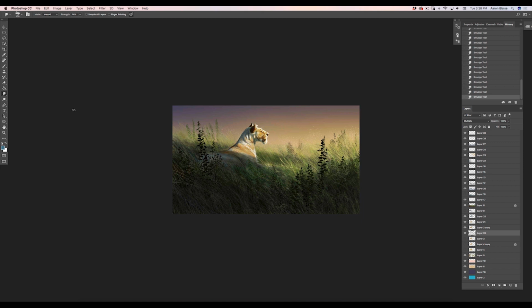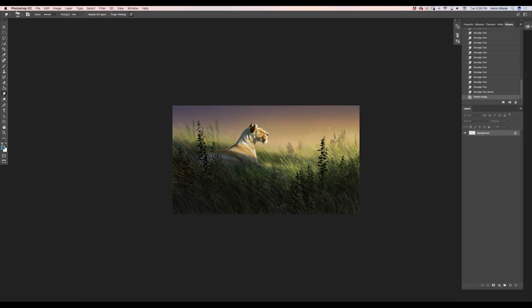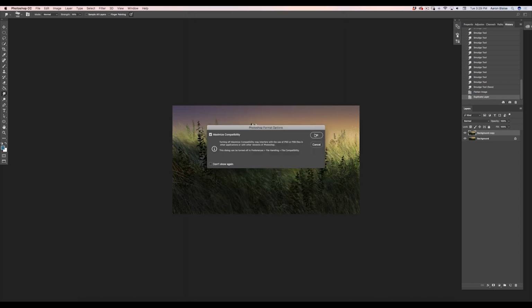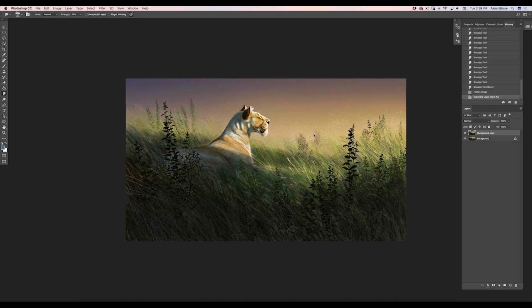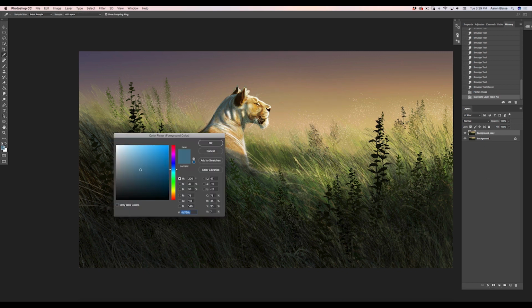I'm going to go ahead and save this, and I'm going to just flatten everything. So I've got it all down to one layer. And before I do anything else, I like to save as the demo flat. So now I've got it saved as a separate file, and the other one is still preserved. So I want to go in, I've copied the background, and I want to get nice warm light like we